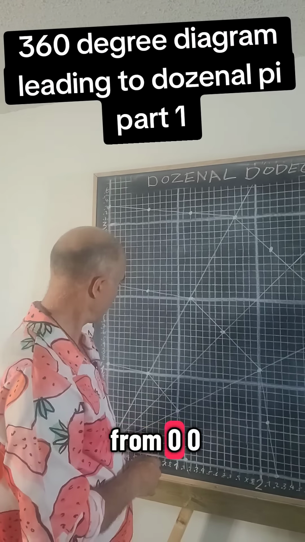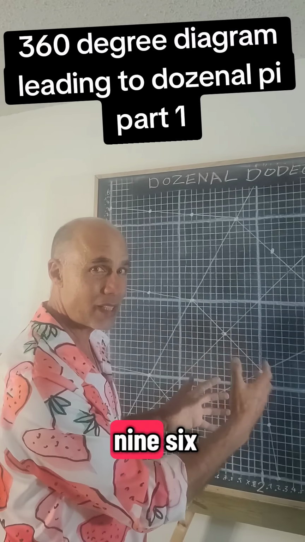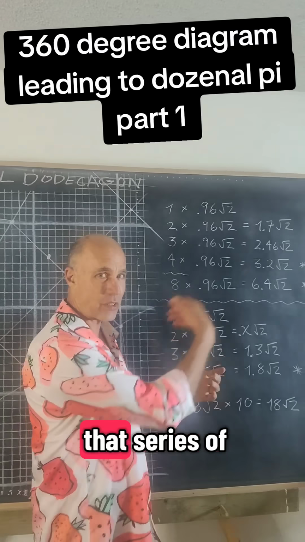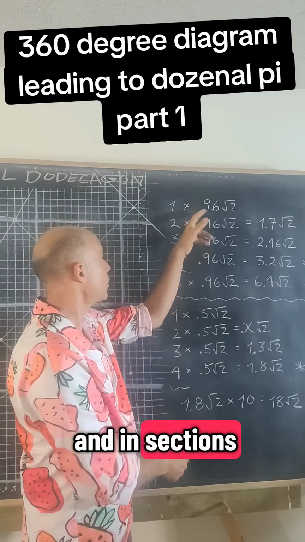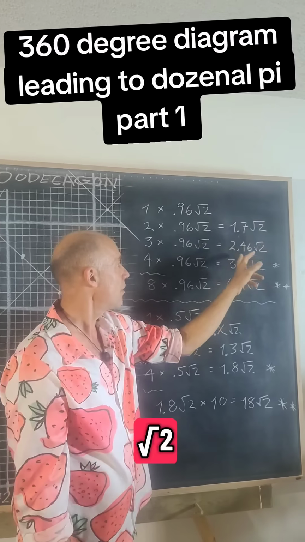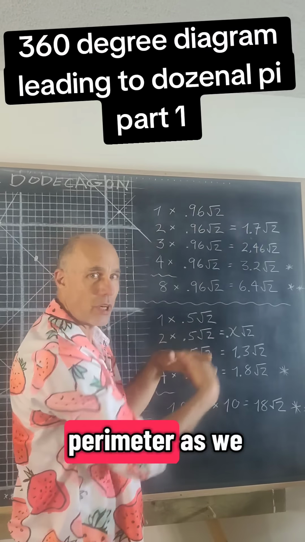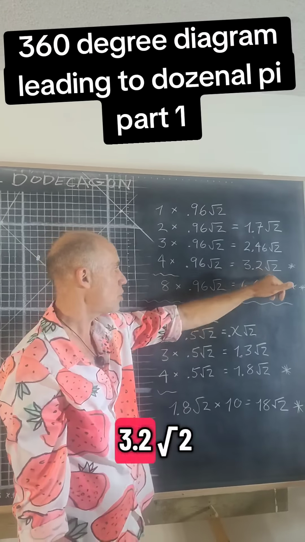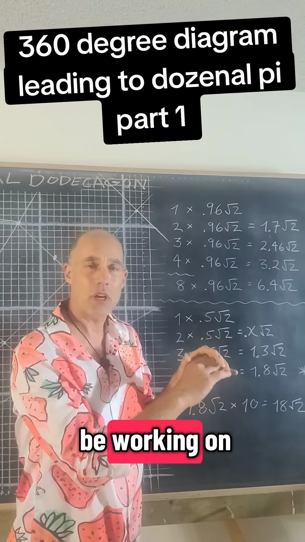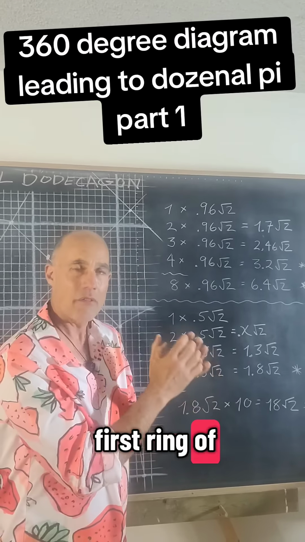So the distance from 0, 0 to this point, then that point, then that point, those are in sections of 0.96 root 2. So over here I've written out the progression of that line in sections of 0.96 root 2. So 2 times that is 1.7 root 2, then 2.46 root 2, then the fourth as we grow the pattern is going to be 3.2 root 2. That's the distance from 0, 0, basically to right here. So we're going to be working on the fourth ring of the pattern to create our first ring of the